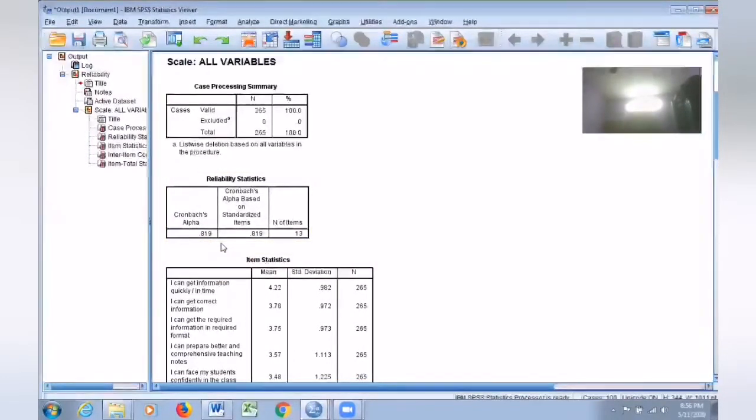Please understand, there is a rule that if Cronbach alpha is 0.7 or more, you can say that your variables are reliable in showcasing the expected behavior, competence, or skills. So here I can say that whatever 13 variables I have used, they are all reliable.